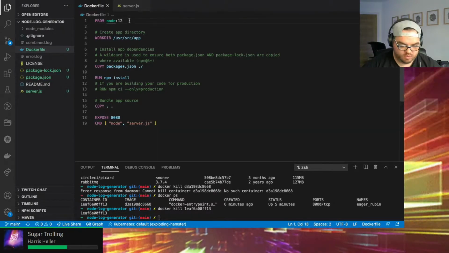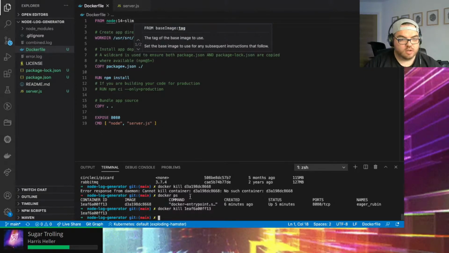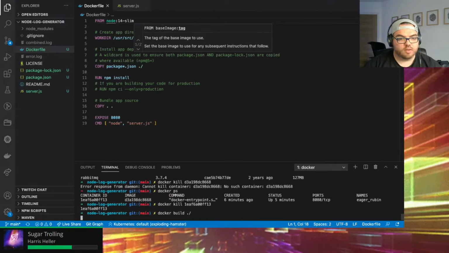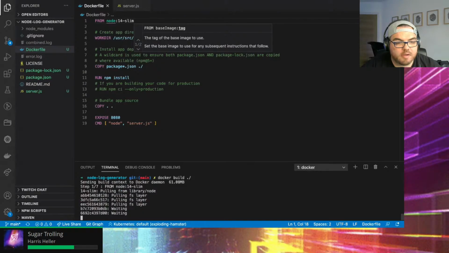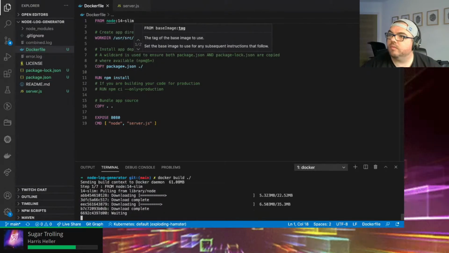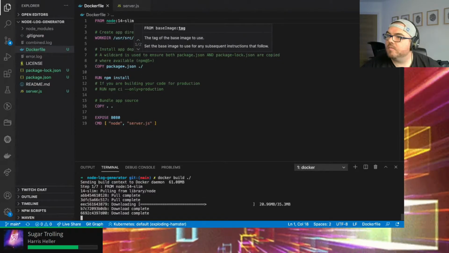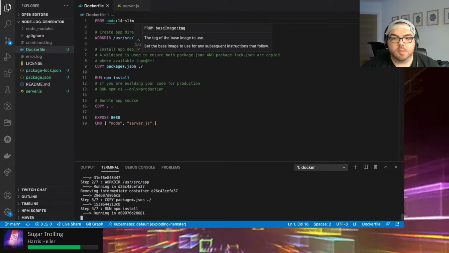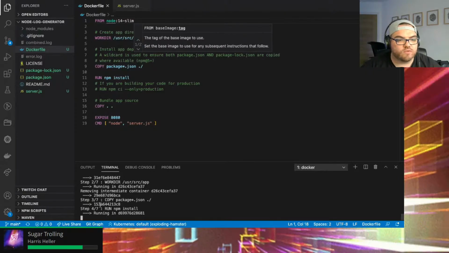Let's go with node 14 slim. Docker build this thing. There we go, installing the almighty amounts of junk.